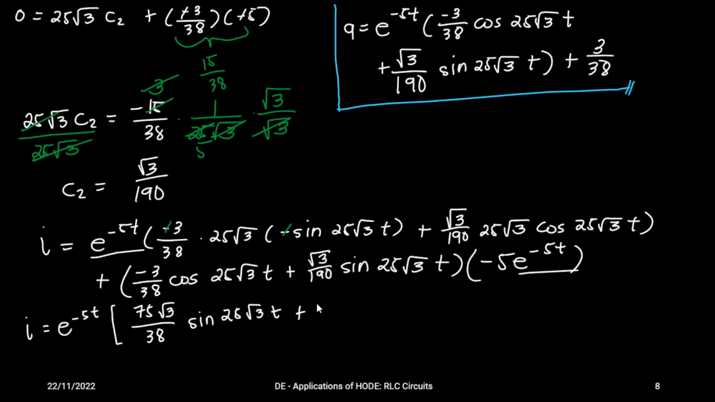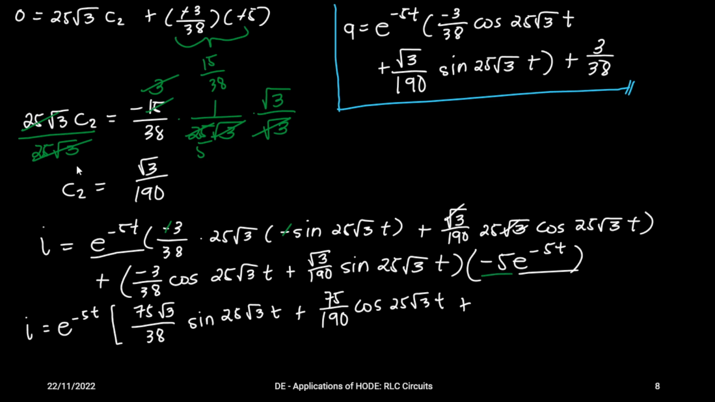Okay, plus, okay, so we also have this one. So square root of 3 times square root of 3, mawawala lang yung square root natin. Of course, mawawala yung isang 3. 3 times 25, that is 75 over 190. Okay, cosine 25 square root of 3t. Okay? Then plus, we're going to distribute, nandito na tayo sa second term, didistribute natin ngayon to negative 5